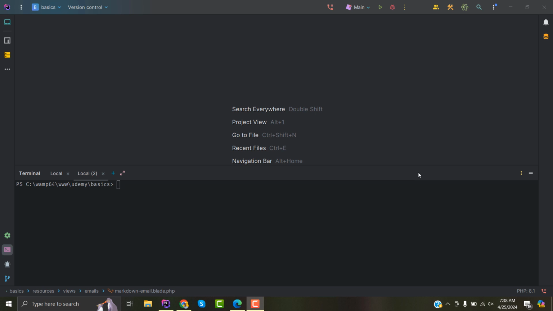Let's talk about Laravel notifications. Now, what is the difference between sending an email in a conventional way, which we have learned in our previous section, and sending an email by using notifications? Now, notifications is not only meant for sending emails, but it also provides a variety of channels where we can